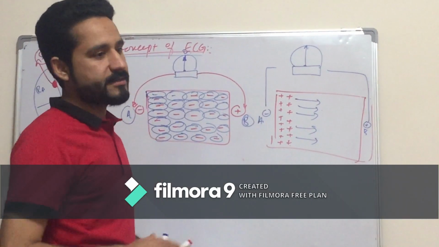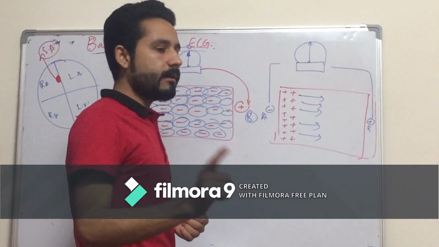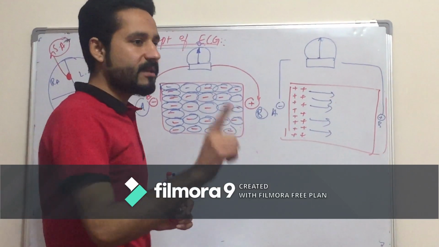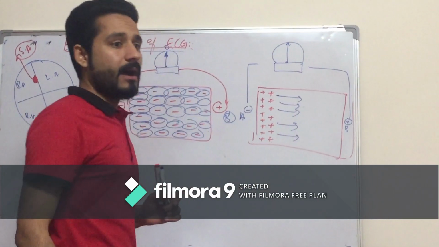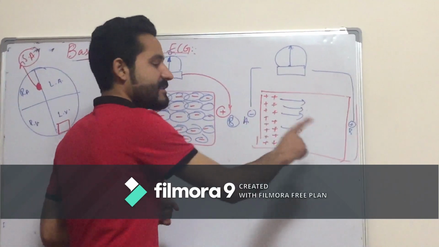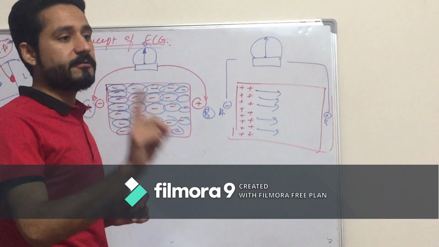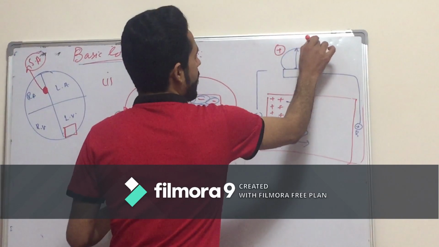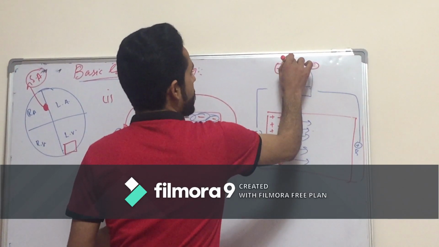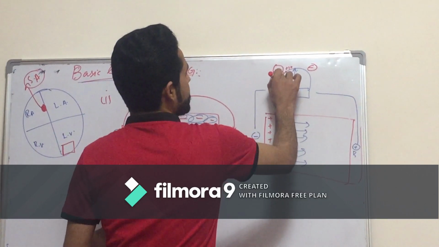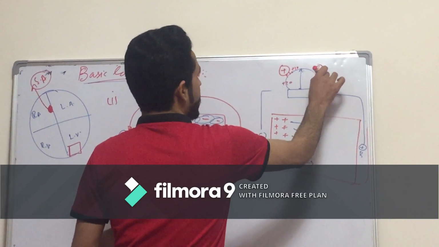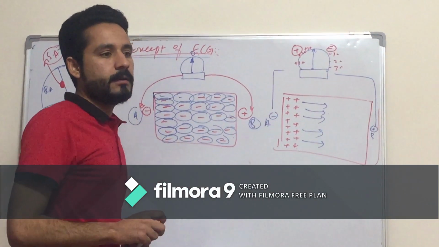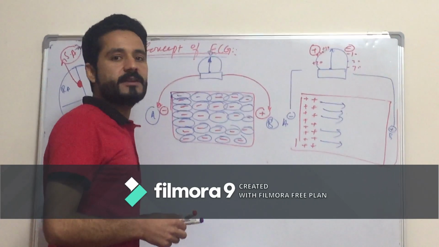Always remember 2 points. When the positive charge is moving towards the positive terminal, or the negative charge is moving towards the negative terminal, in both cases deflection will be positive. Suppose this is the positive side of the galvanometer and this is the negative. This is plus 10, plus 20, plus 30. This is minus 10, minus 20, minus 30. Now as you know that the positive charges are moving towards the positive terminal, obviously deflection will be towards